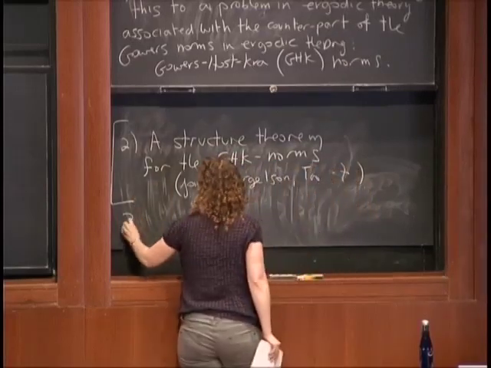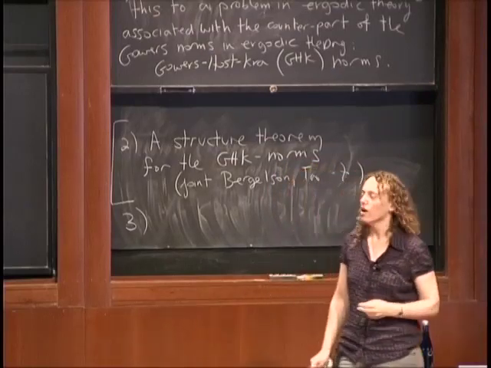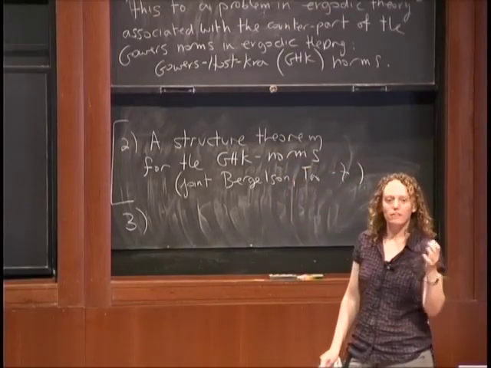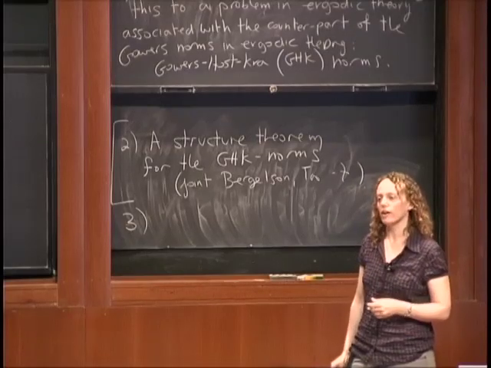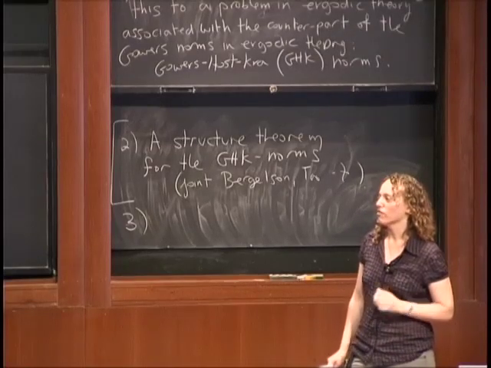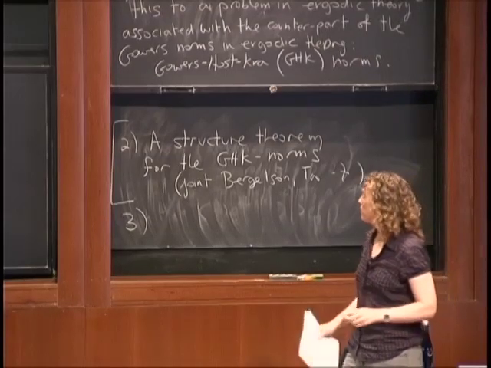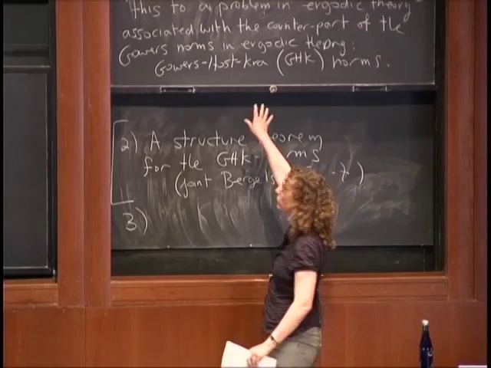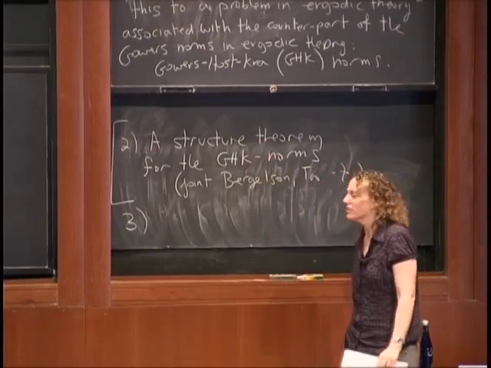And third, first you need to translate this to a question. This procedure of taking a combinatorial problem and translating it into an ergodic theoretic problem was first initiated by Furstenberg in his proof of Szemerédi's theorem. But this first step is a variation on that, and not a very straightforward one,